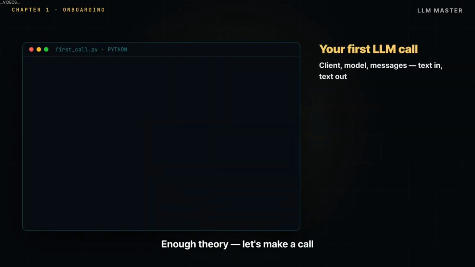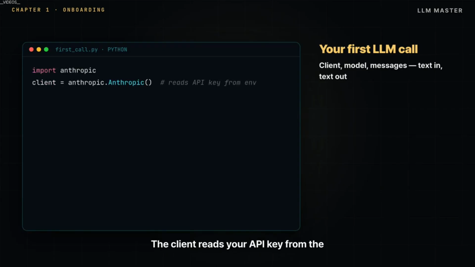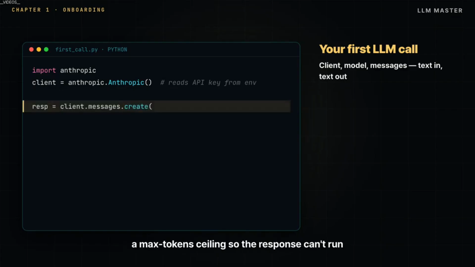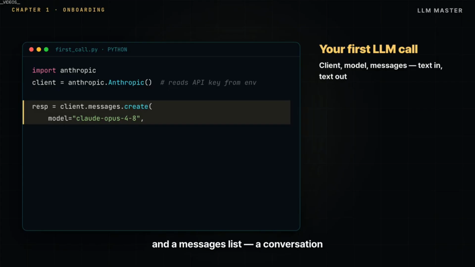Enough theory. Let's make a call. Here's the entire thing in Python. You install the provider's SDK, create a client, and call one method. The client reads your API key from the environment, so it never lives in your code. You pass 3 things that matter. Which model to run, a max token ceiling so the response can't run away, and a messages list, a conversation,